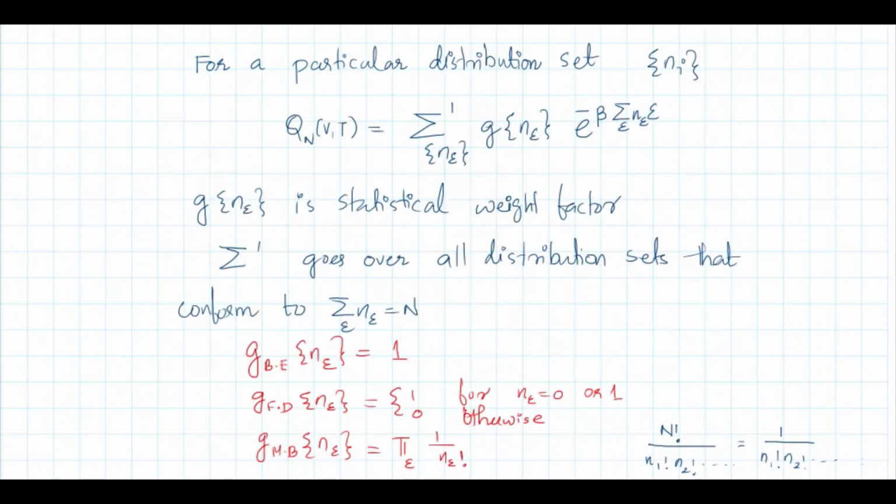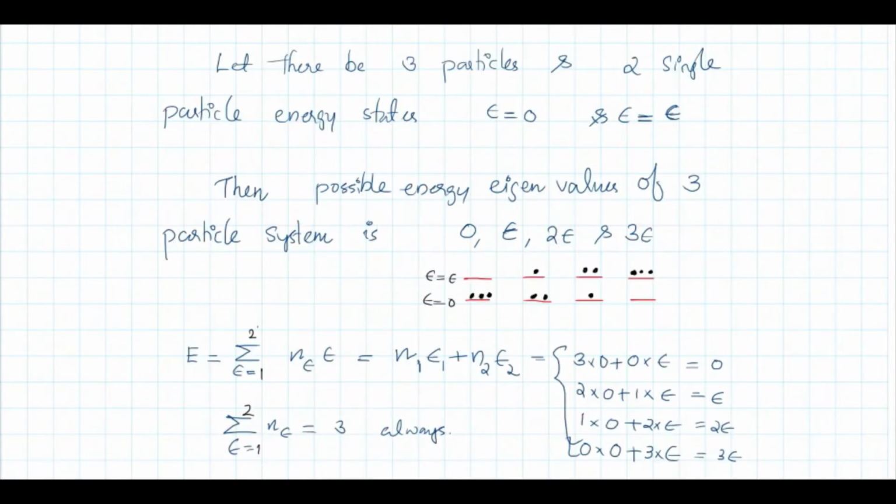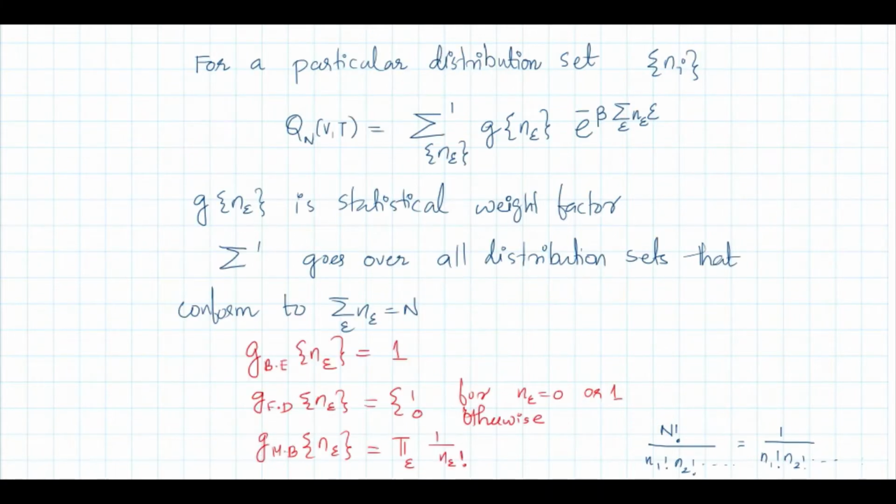Now, consider a particular distribution set. Okay, a particular distribution set means here you have four distributions. Okay, this is a particular distribution: two particles in the ground state and one particle in the excited state. This is a particular distribution. Okay, now the